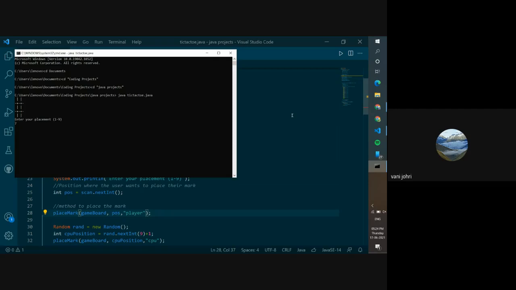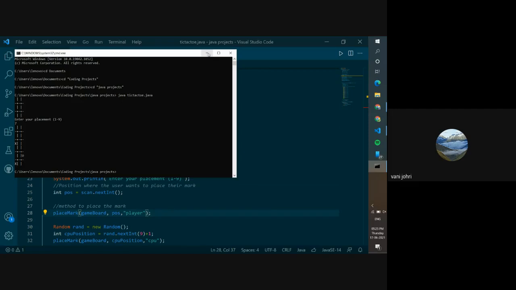Let's say they chose 7. So it would print an X at 7, but you see now it's not formatted properly. This is where the first board ends, then this is the second board where you see this O has also been placed. This O is the computer's turn.